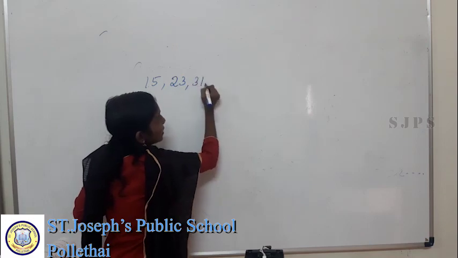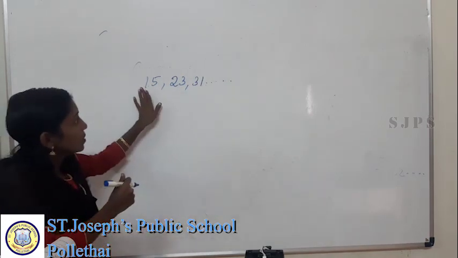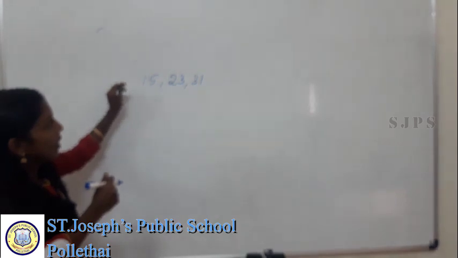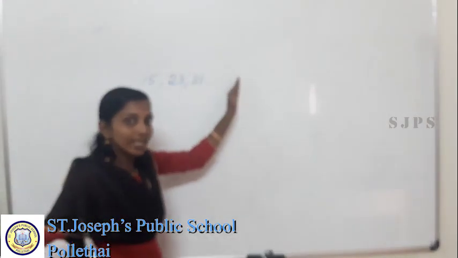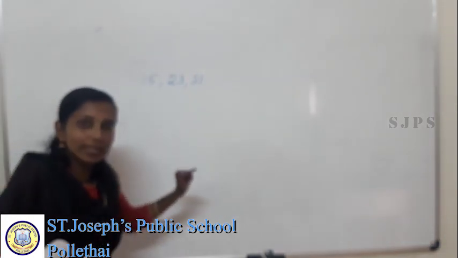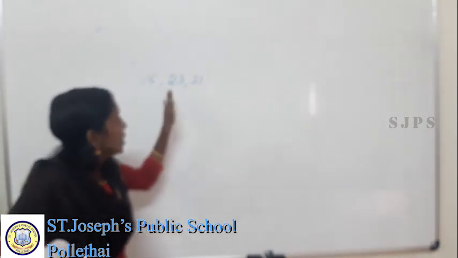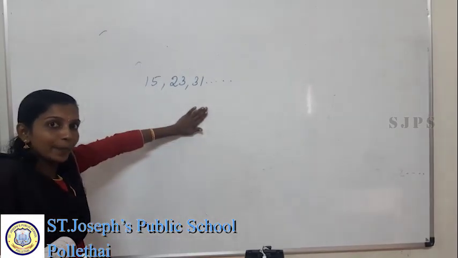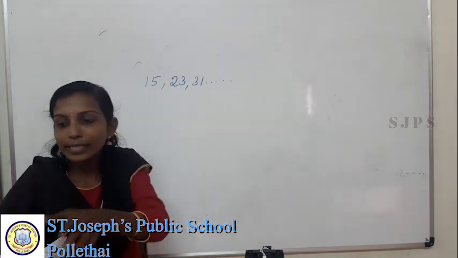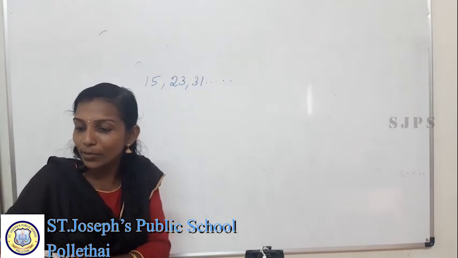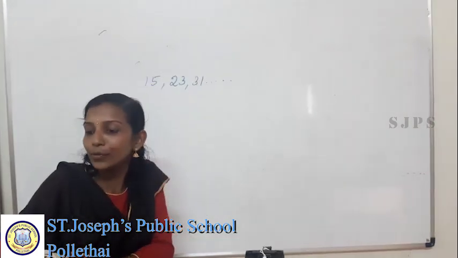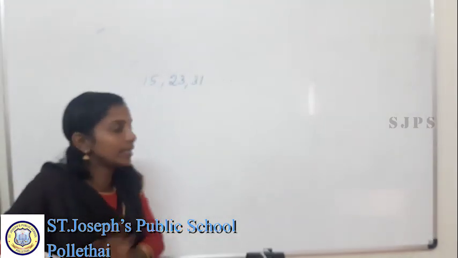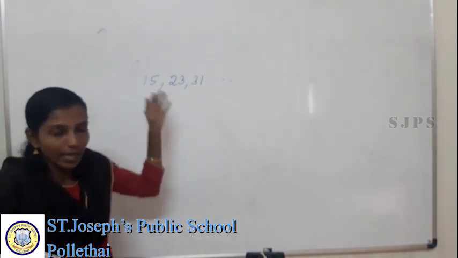We get to 31. So here, in each additional kilometer, we are adding 8. That is, we are adding a fixed number, 8. Therefore it is an AP. That's the taxi fare after each kilometer when the fare is rupees 15 for the first kilometer and rupees 8 for each additional kilometer. This forms an AP.